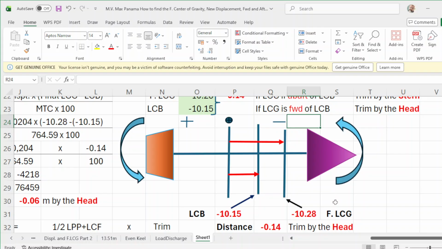Another explanation is the total weight of weights on board, your ballast, your cargo, your constant, the weight of the vessel, whatever weights there are in the vessel, the tendency of gravity is to push it downward. Okay, that's why it's going downward.